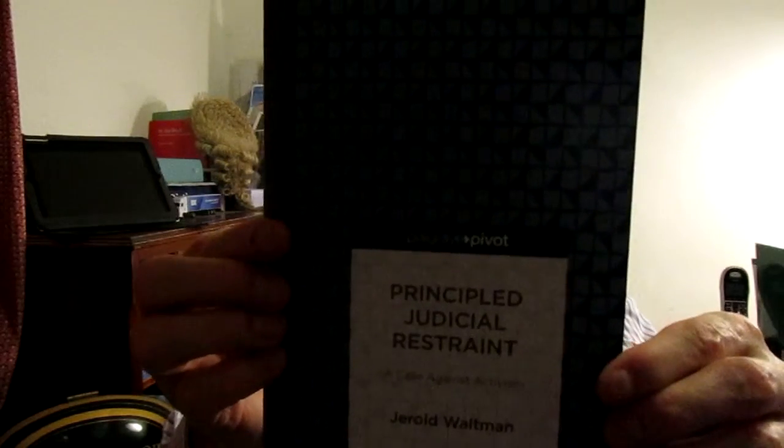Let me just show the book again. Because it's online, you haven't got much by way of artwork at all. There's the front, the spine, and then the back. There's very little actually in terms of the exterior. But what you have got with the book itself, there's the front again. It's Palgrave Pivot series. What we've got in the contents section, where we are now, how did we get there, parts 1 and 2, A Constitutional Theory of Judicial Restraint, which is actually the meat of the book,